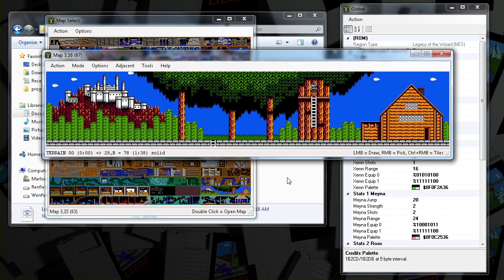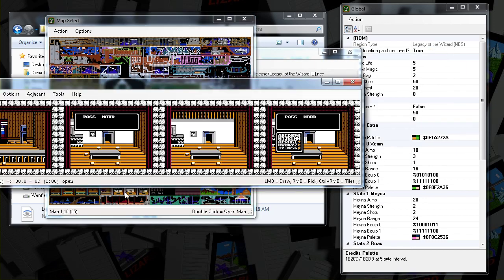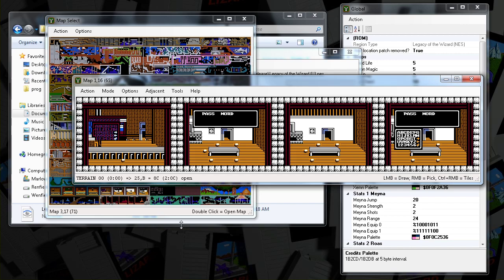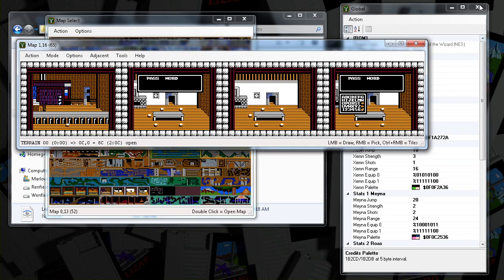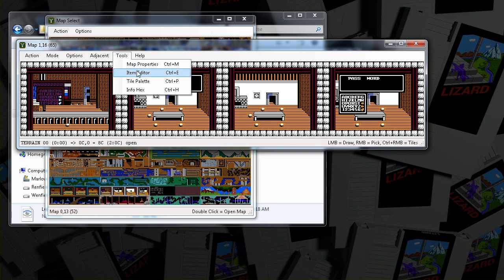You have the home. So this is another special area of the map, but it is just another room, more or less. And here's the inside of the house and the inn. There is only one inn, and you'll notice it has the wrong graphics.